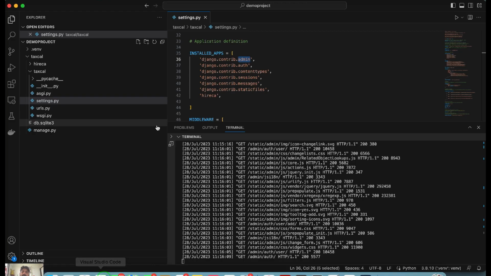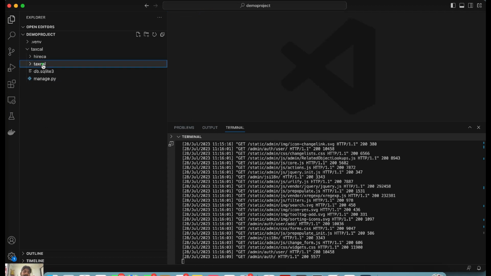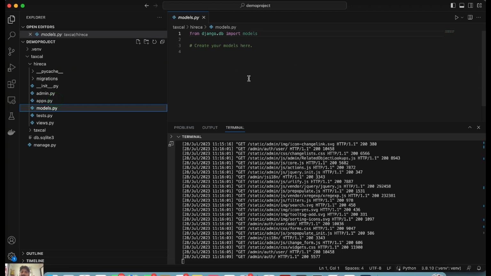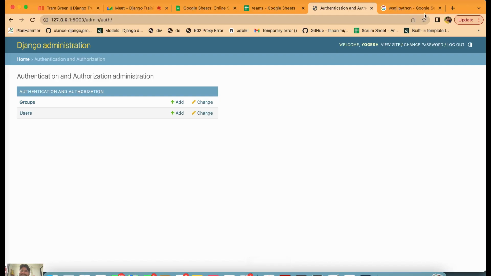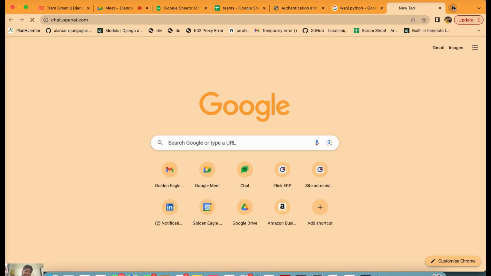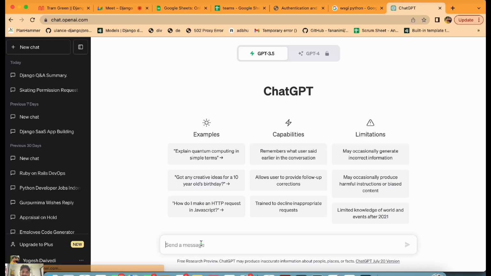Now we are going to build our own model. We have the hire CA app, and inside it we need to create our model. Instead of going one by one, let me ask ChatGPT to provide me the model for hire CA. So let me open ChatGPT. It's easy. If you type Django model for hiring CA,